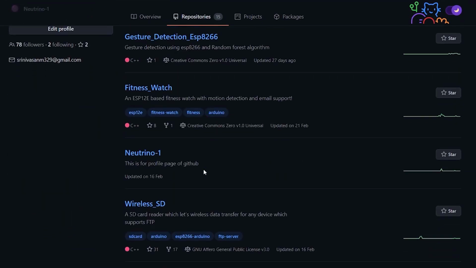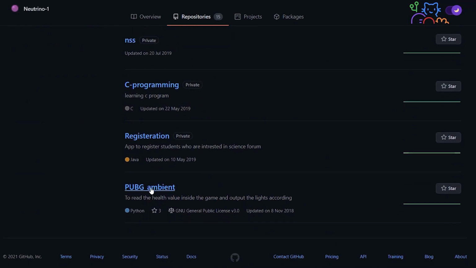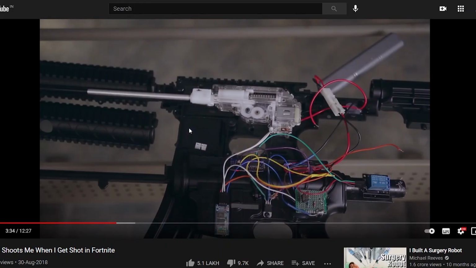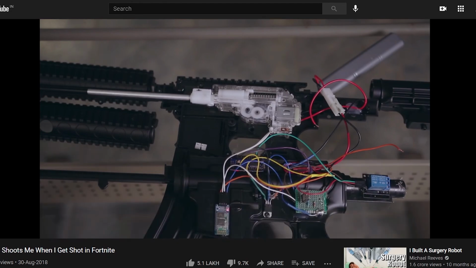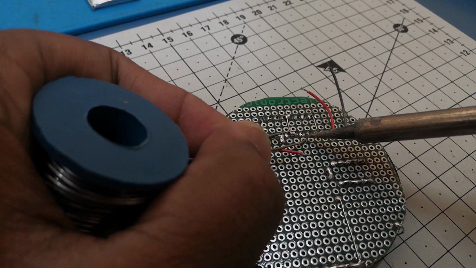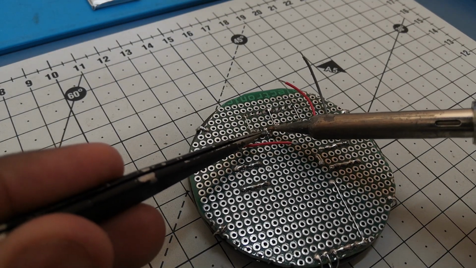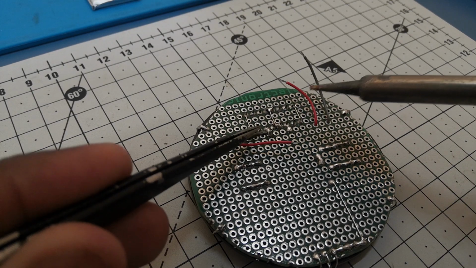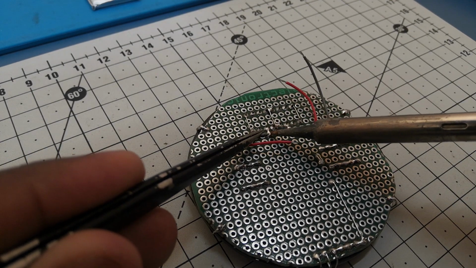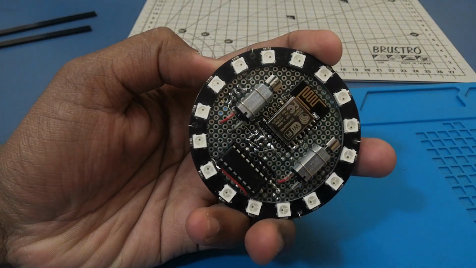This is one of my longest-lasting, least motivated projects. Initially I started in 2018 as soon as I saw this video by Michael Reeves. It had everything I loved from electronics, coding and getting shot by the gun. But I don't know what happened. I could never finish this project, and sometimes it was so frustrating to decide whether to finish the project or just drop the project. But even with these complicated relationships, after 2 years,